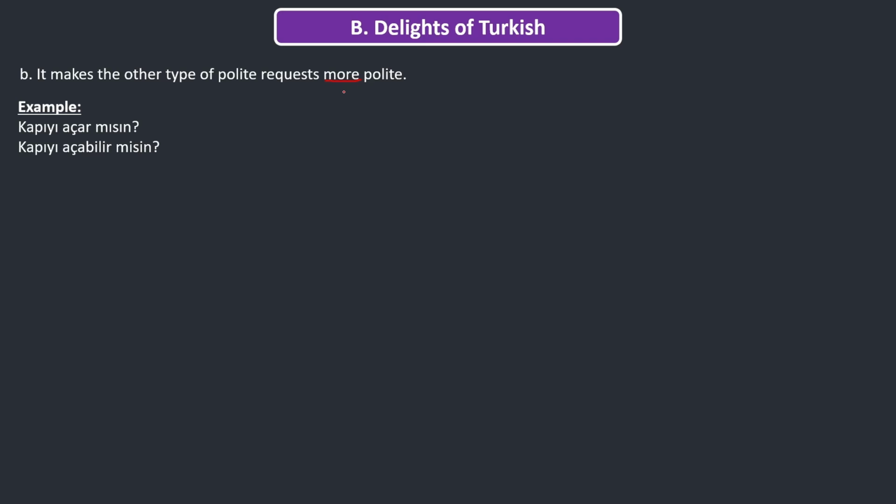When you are studying tenses, you probably have seen the aorist being used for requests, but ability is also used for polite requests. Açabilir misin? I think that's also how it works in English. Yes, the abil part makes it more polite. Like instead of, hey, may you open the door? Like, could you please open the door? Can you open the door? So yeah, instead of saying it directly, adding this ability part makes it more polite.